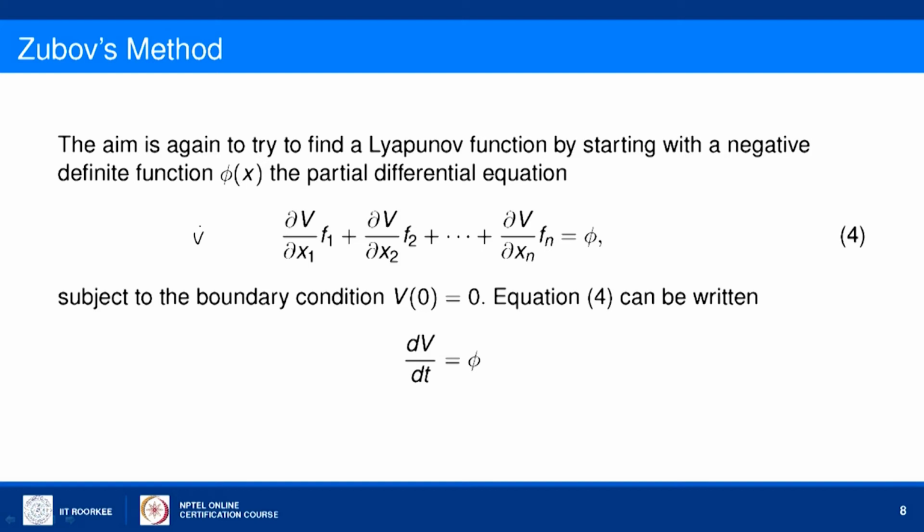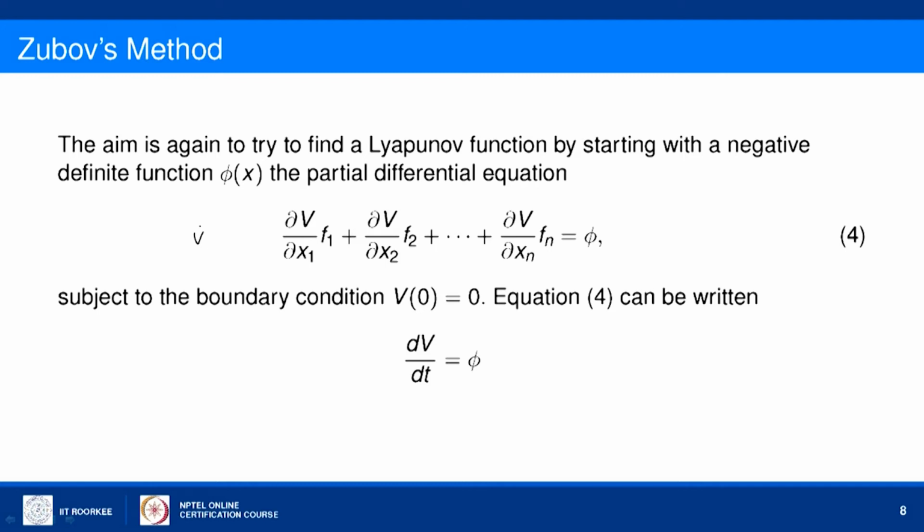In this method it is also straightforward. First, we want V dot to be negative definite and V to be positive definite. That is for asymptotic stability. Similarly, if V dot is negative definite and V also becomes negative definite, then the system is unstable. So we will try to find some function V satisfying any of these conditions.